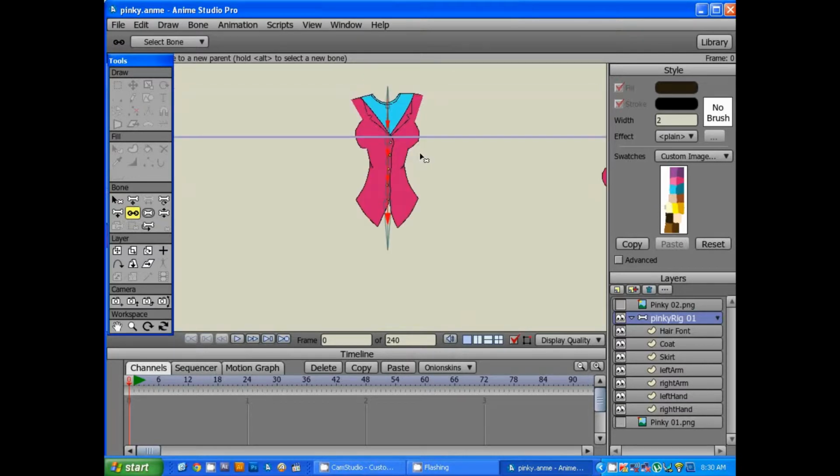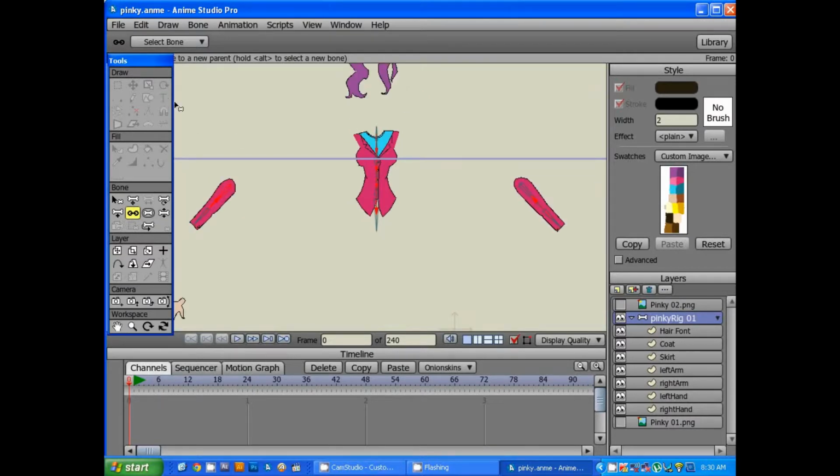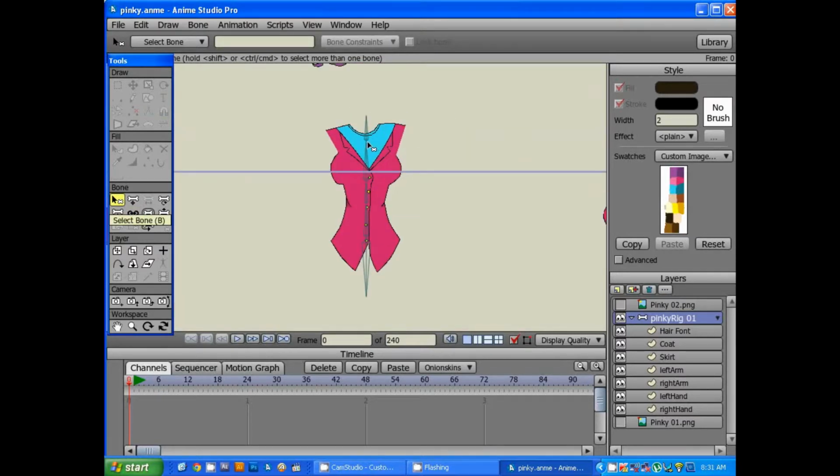Okay, so now I'm seeing that the parenting is done slightly off. So I'm taking the top right shoulder of the bone and I'm unparenting it to the bottom left arm, and I am parenting it to the neck bone. And now